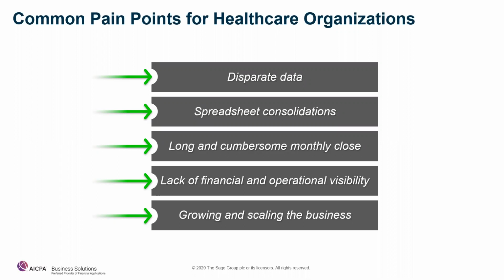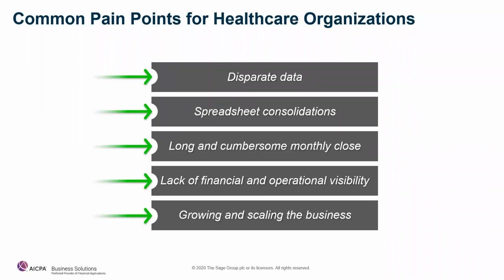And some of those really relate to having information in multiple places, not having information that's accurate and up to date. And because of that, it has some impact on our monthly close. It may take us longer to get to that point where we are ready to close the period. And it also takes us longer to pull that data together to get a true consolidated view. All of our financial and operational visibility is limited by the amount of time and effort that it takes to